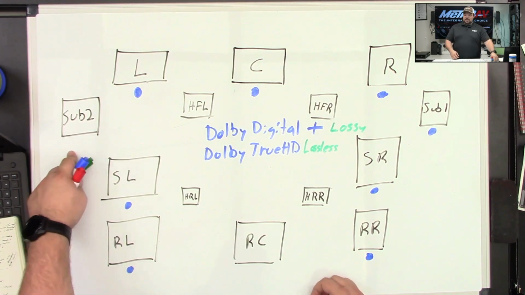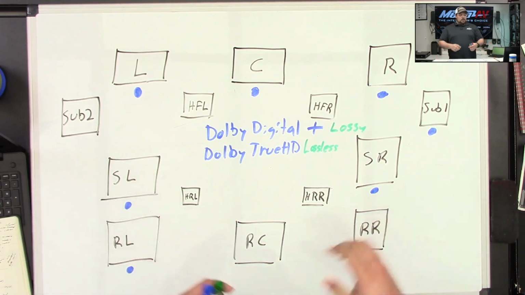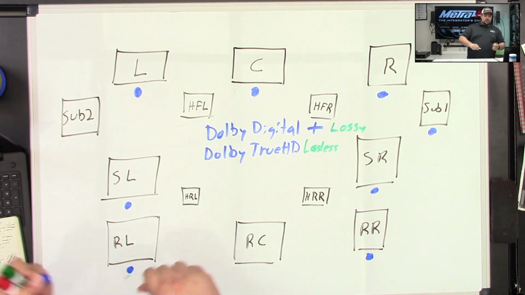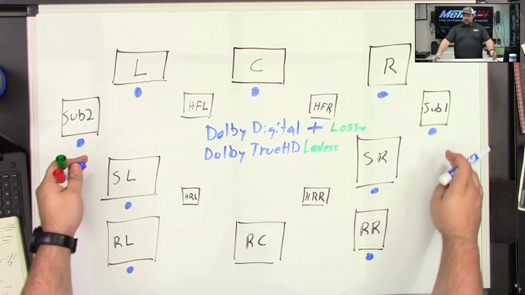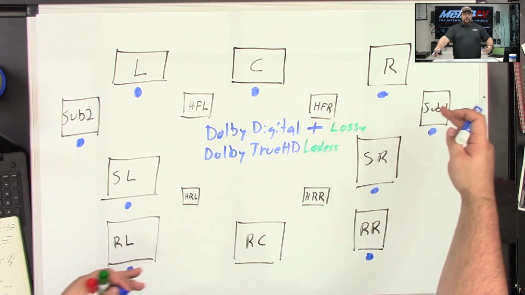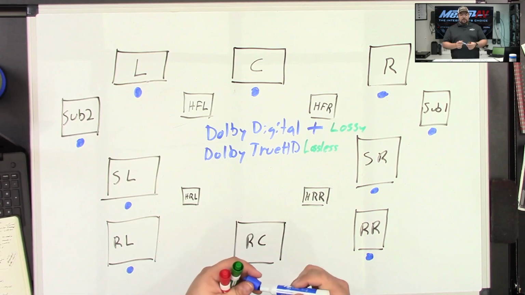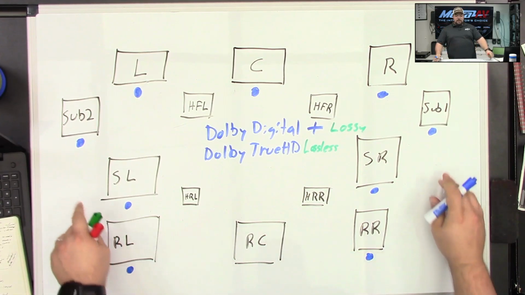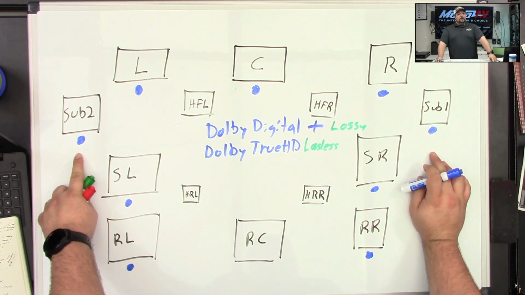Well, it's doing the same exact thing that Subwoofer 1 is doing in most cases. You do have some processors and AVRs that have timing capabilities where, if they're in different locations of the room, they can do timing to make sure that the sound from each one hits that primary spot of the room correctly with the correct timing. But in most cases, it's just a secondary output from the primary one on that system.